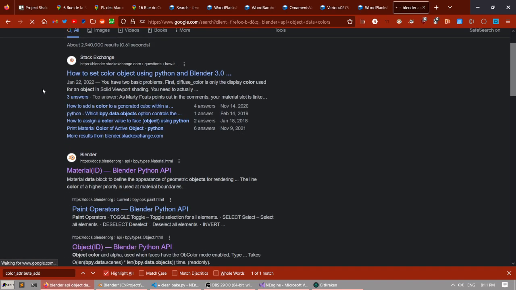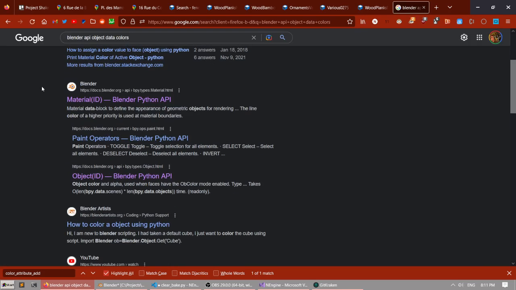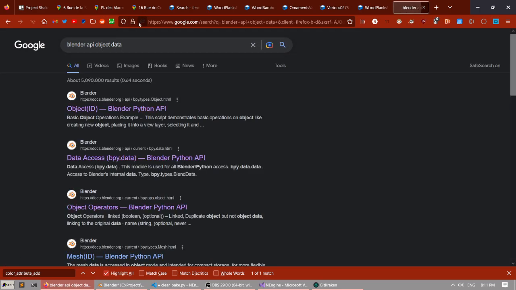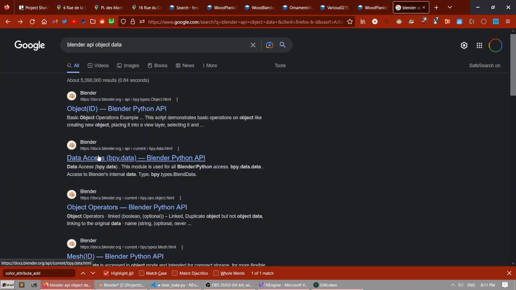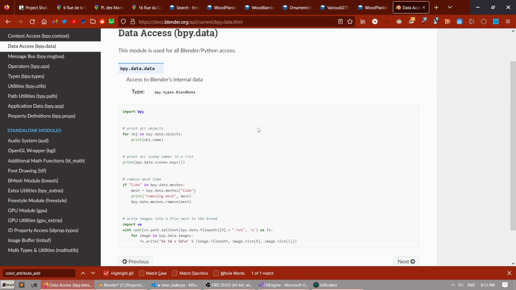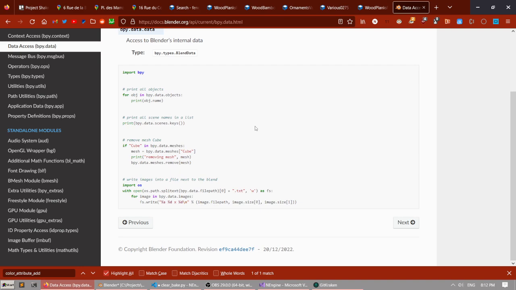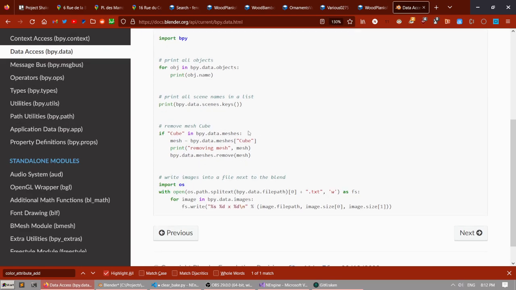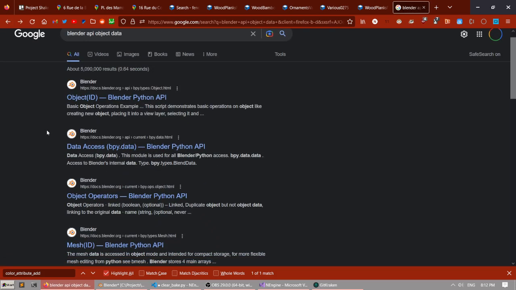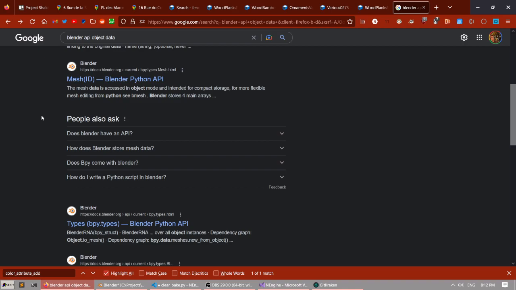How to set color object, paint operations, object data, object. Okay, data access. I think maybe it's this data access. Internal data for object, print object name. Okay. Object data meshes. Meshes, okay. Meshes remove, okay. Right, it keeps all the images separately, but I need to remember